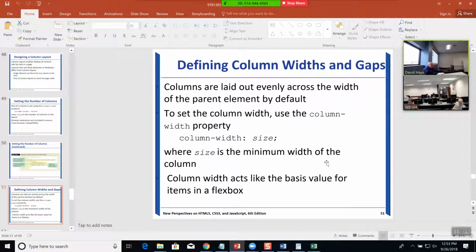Columns are laid out, defining column widths and gaps. Columns are laid out evenly across the width of the parent element by default. To set the column width, use the column width property, where size is